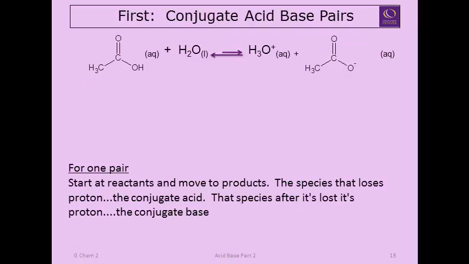But before we do that, we have to make some definitions. There are some things you need to understand. The first one is that you need to understand what a conjugate acid-base pair is. To define a conjugate acid-base pair, let's start with acetic acid. It's obviously our conjugate acid. And when it loses its proton, it becomes the conjugate base, because you can imagine that this acetate ion has